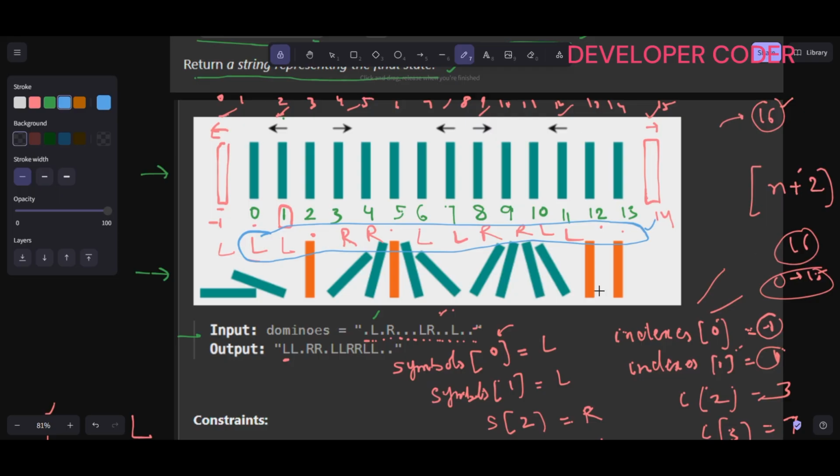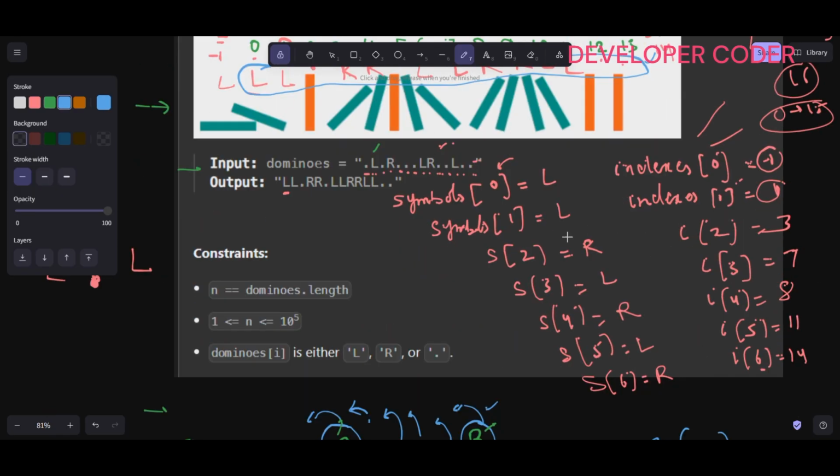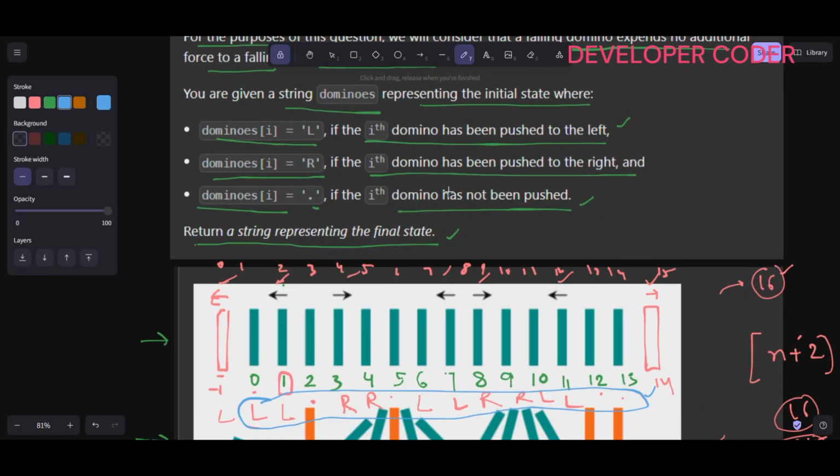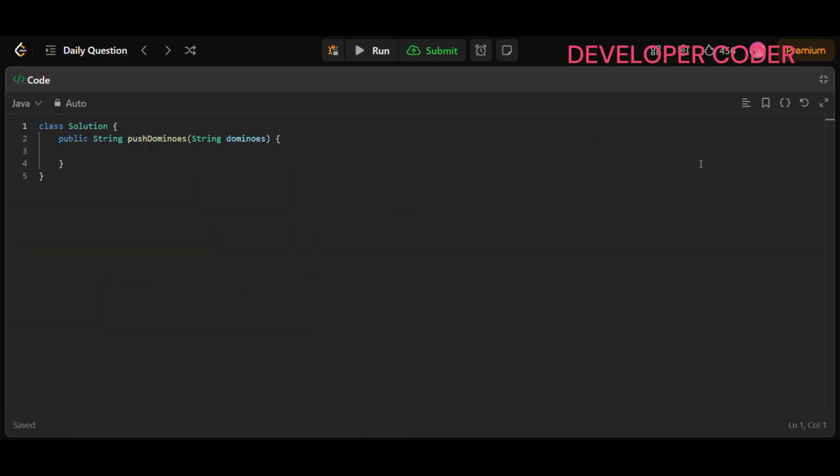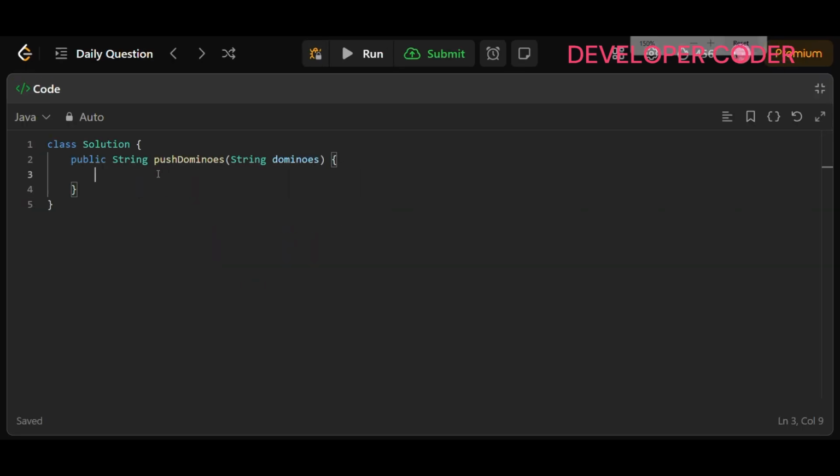So this is what you need to do. These are the cases that we need to write in our code, then you will get a much better understanding of what we are doing. But first, initially, we have to fill all this stuff, so let's write the code, and side by side I will also explain what I'm writing. In the first part, just calculate the length of the dominoes, so int n is equal to